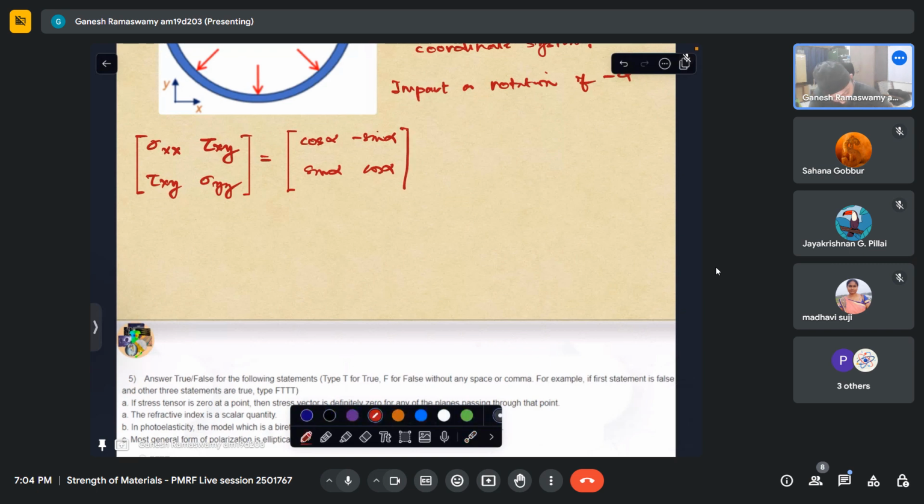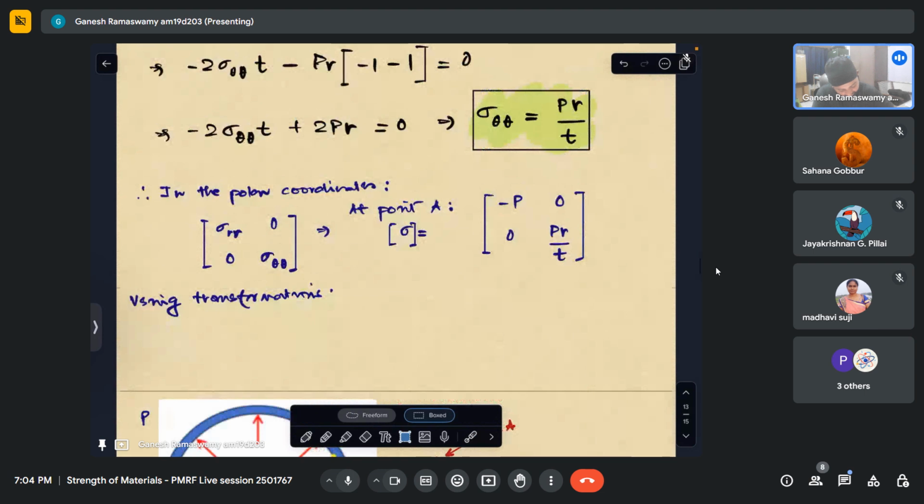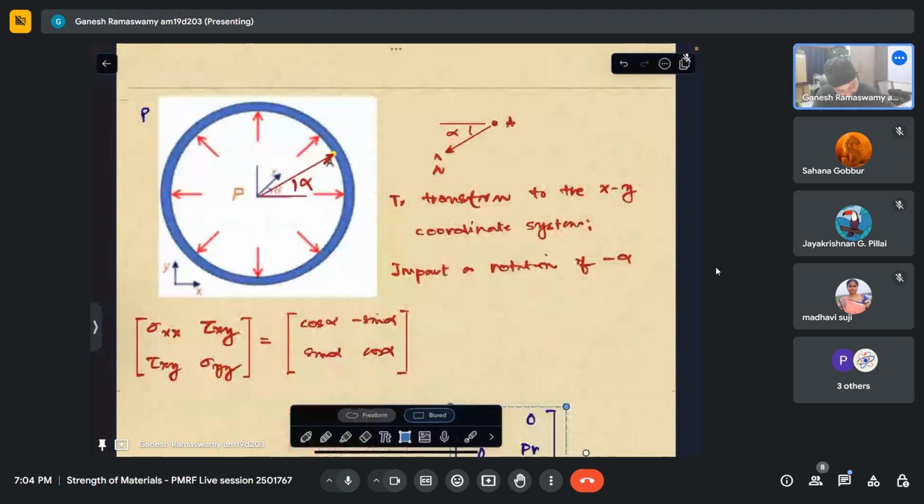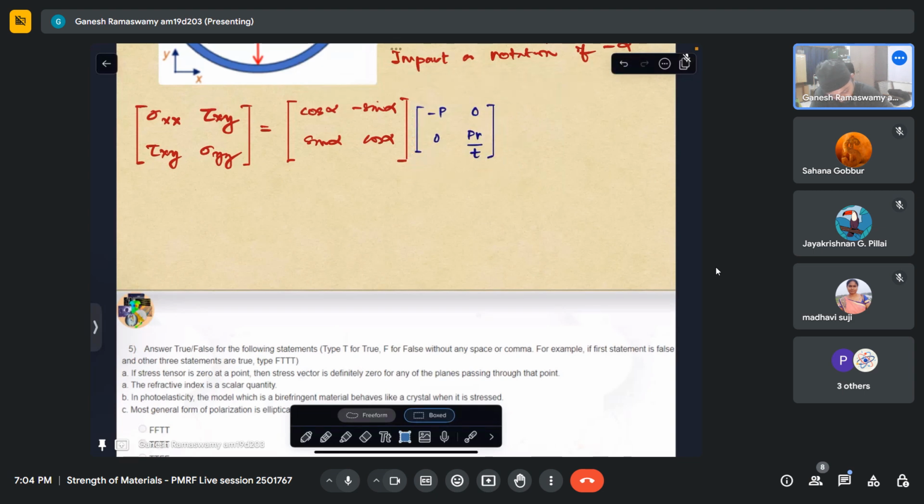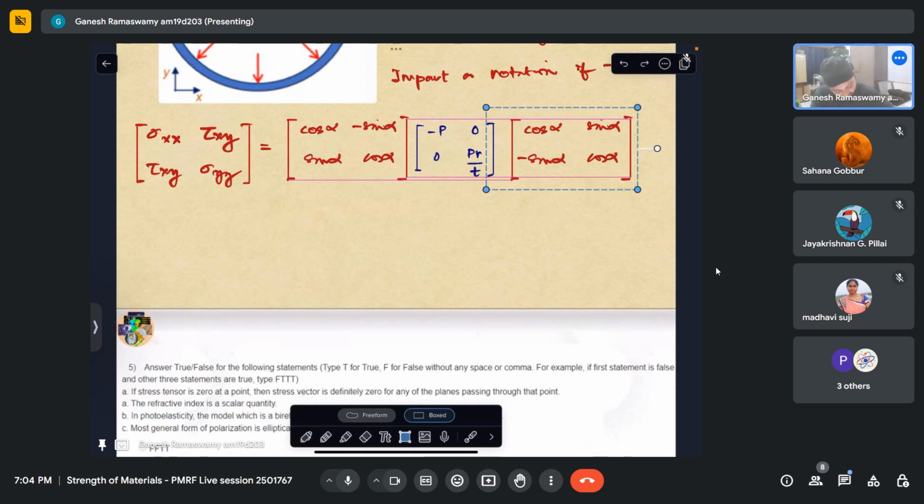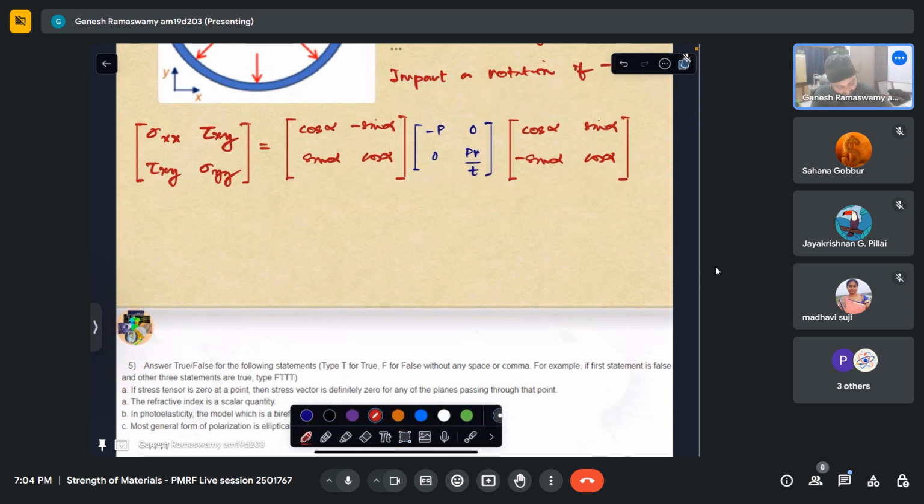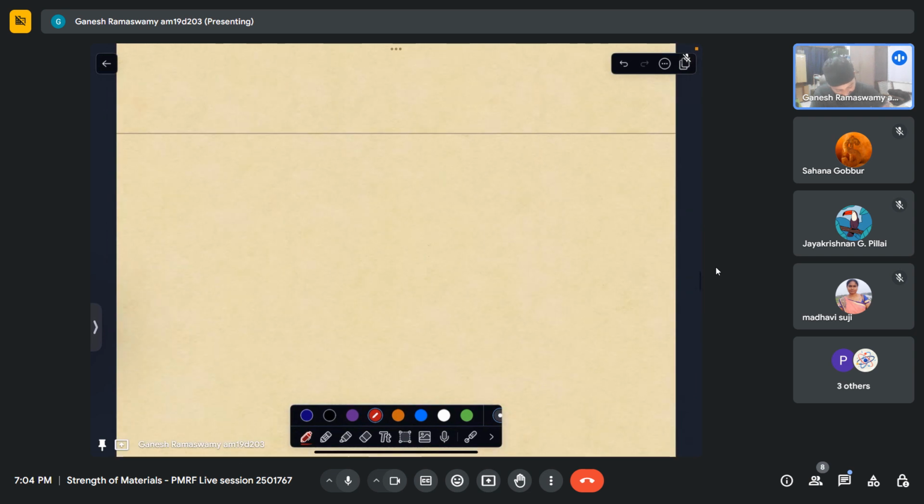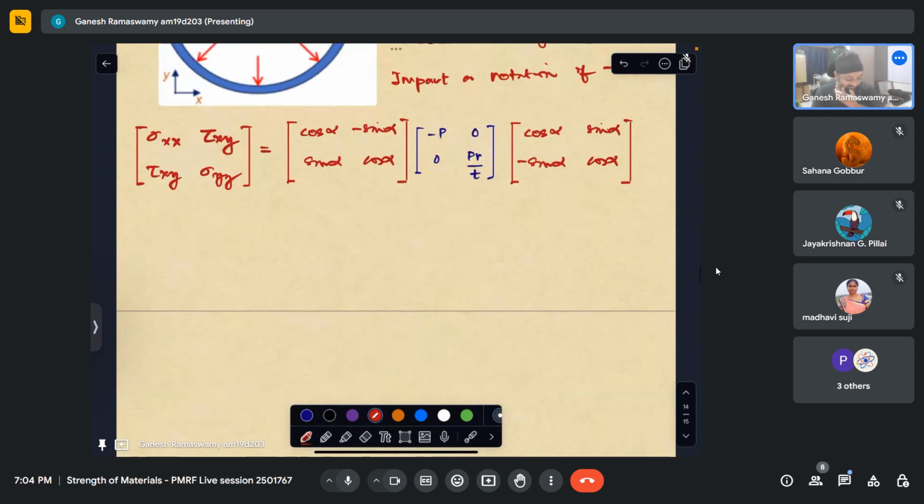This into our stress tensor, which is this, into the transpose of this. So the minus goes here. On opening this, we will see that unless we take specific values of alpha, all these components will essentially exist, which can also be seen if